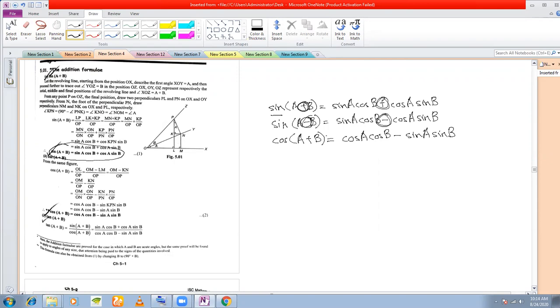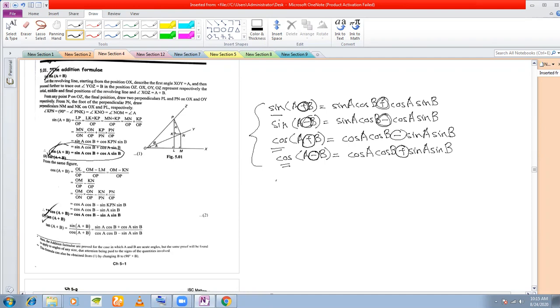Okay, note that in this formula, inside the compound angle formula for cos, if you have a plus sign, here you have a negative sign. Cos A minus B is cos A cos B plus sin A sin B. Note that if you have a cos and inside the compound angle you have a negative sign, you have just the opposite sign here, that is the positive sign. Okay, this way you remember the formulas. So these four are your compound angle formulas for sine and cos.